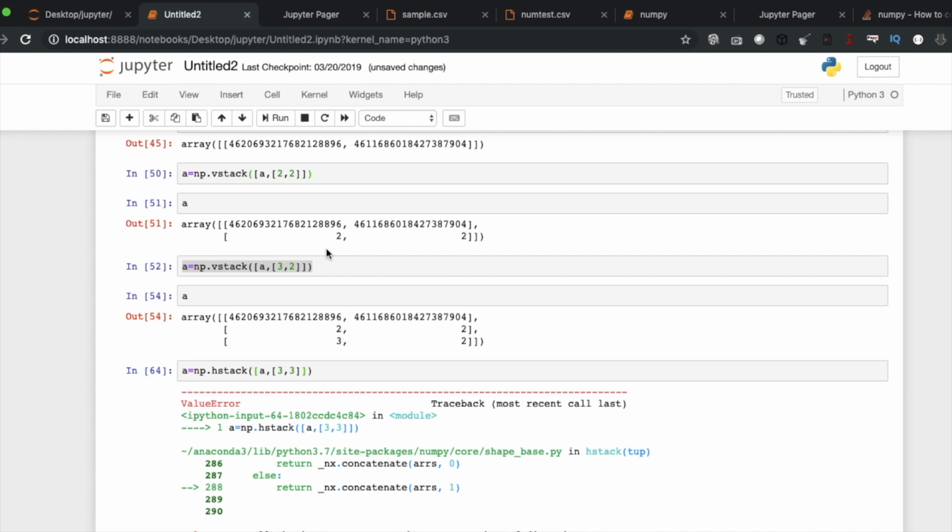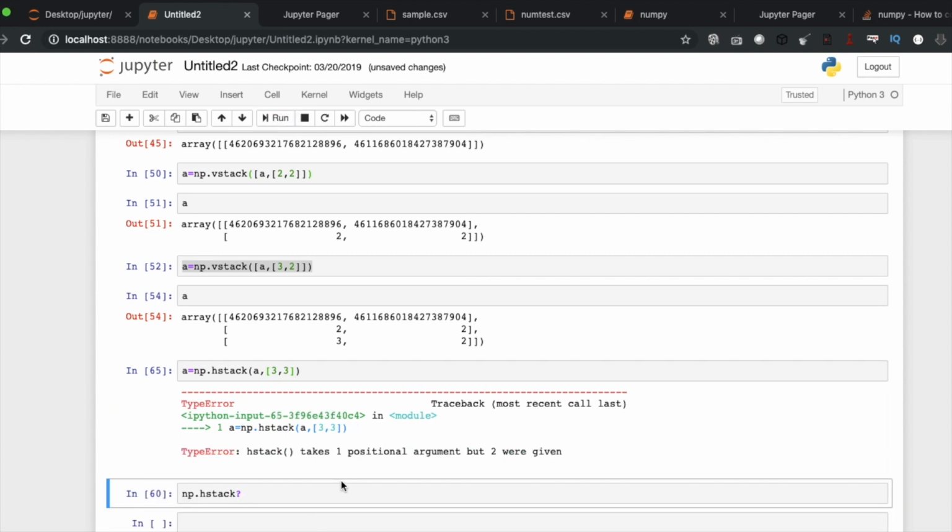Well, not sure why this is not working. Takes one positional argument but two given.